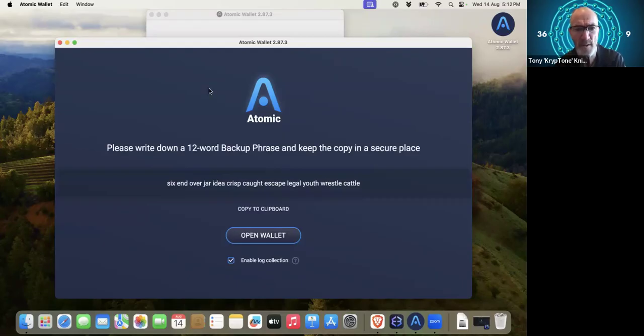Now, this is where it's come up with the seed phrase. This is a completely dummy wallet. There's going to be nothing in it. So I don't really care if you can see that, but look, I'm only using this for demonstration purposes. So you would just